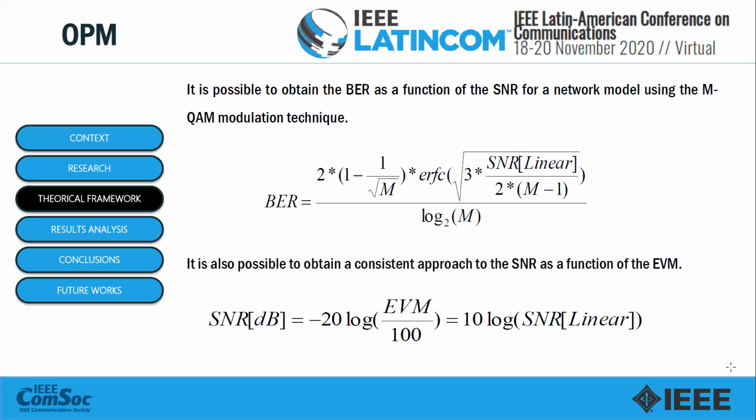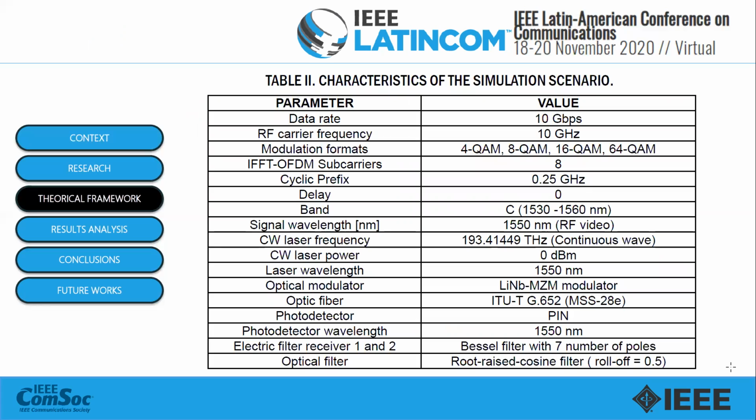It is also possible to obtain a consistent approach to the signal-to-noise ratio as a function of the EVM, which is the other one showing the SNR in decibels as a function of EVM. So we can get this information, which are some important OPM parameters that will help us analyze the performance of this